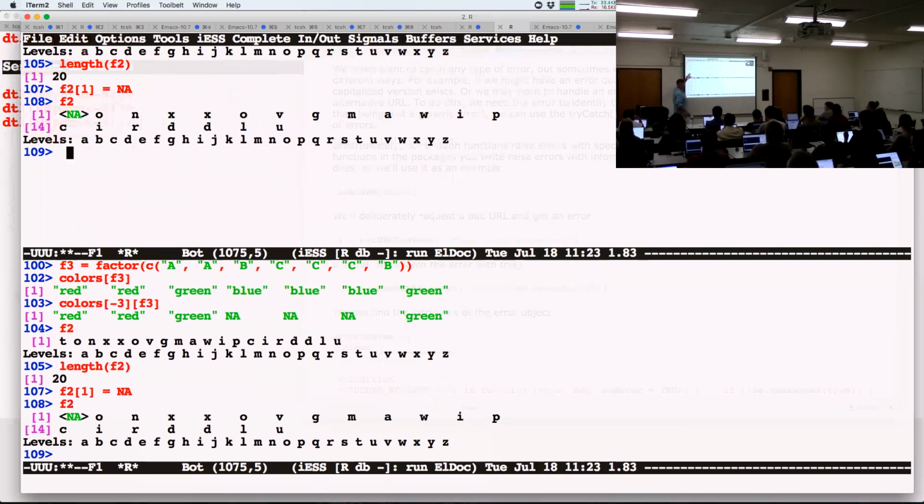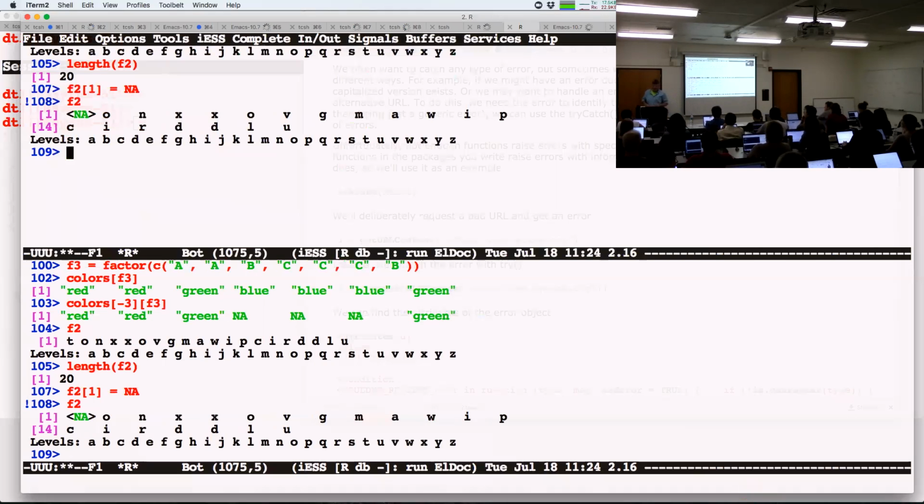Something important to recognize is it doesn't print NA. It prints less than, NA, greater than, to indicate it. I mentioned that it doesn't show quotes. It also doesn't show NAs here because NA could be a valid level. Again, it's an acronym for Nebraska, so it would be perfectly valid. So we differentiate between a valid observation, without the less than and greater than, and an actual missing value. Everyone happy? No other questions?